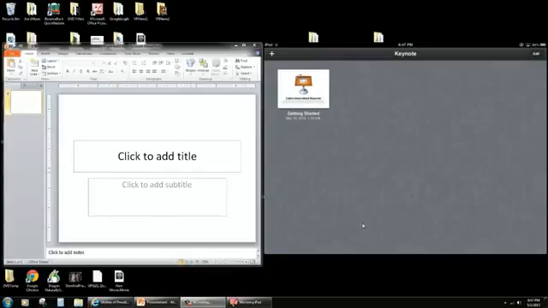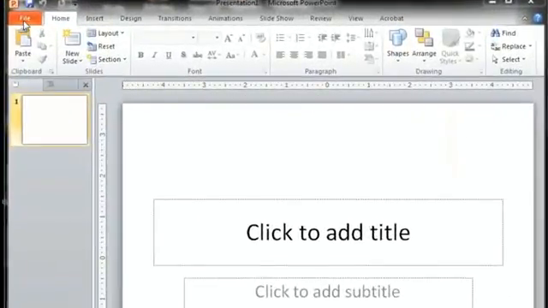Alright, so here we are. We have both applications open side by side. I understand some people are a little hesitant to switch over to Keynote for doing their PowerPoint project. But let's look at the two and see if we can solve your fears, because they both work pretty much the same. If I want a new presentation on PowerPoint, I go to File,